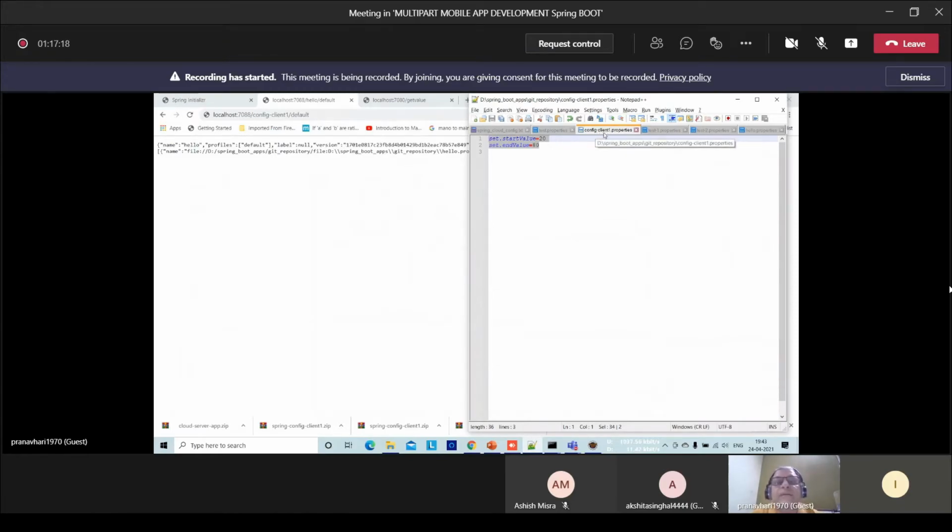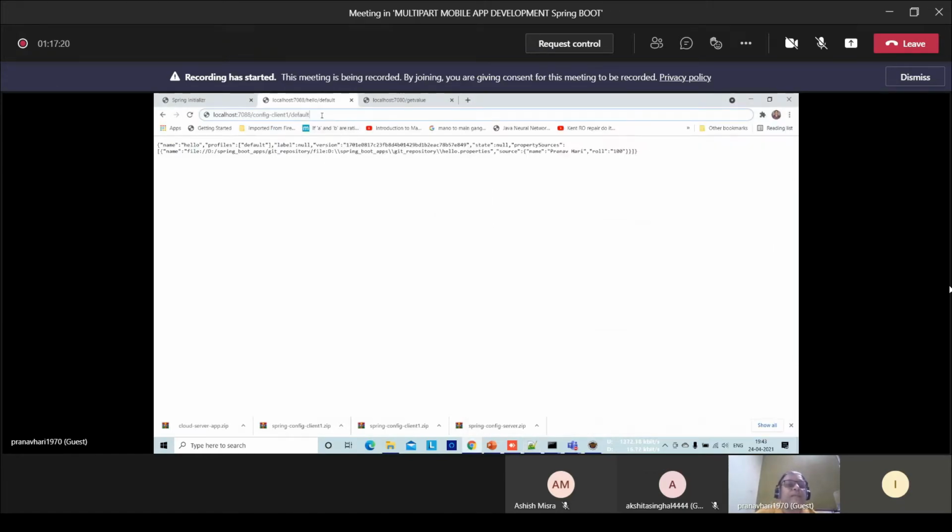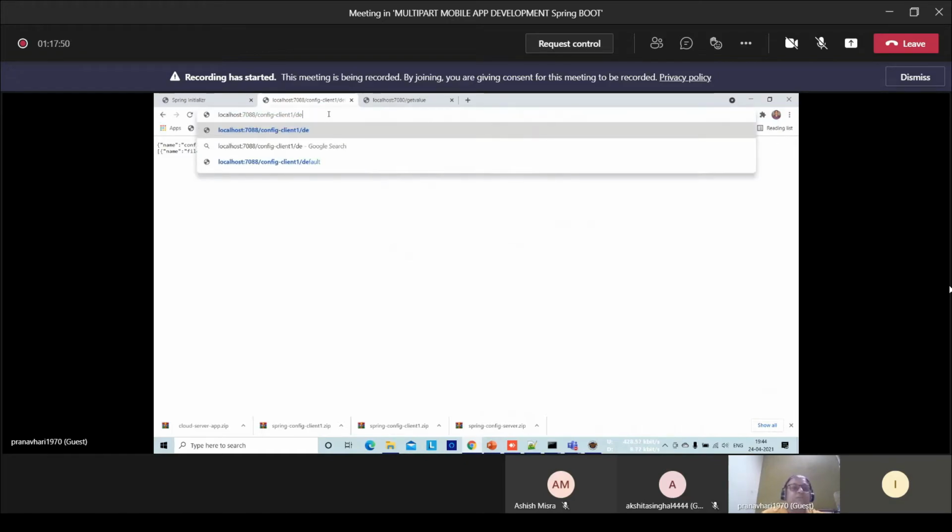Config hyphen client 1. Yes. So I gave the entire name, whereas the naming we have done here has a hyphen also. So if the whole name is chosen, that means after client 1 there is no hyphen and then anything next. In that case, the profile will become default. But if I separate this, that I can also do.